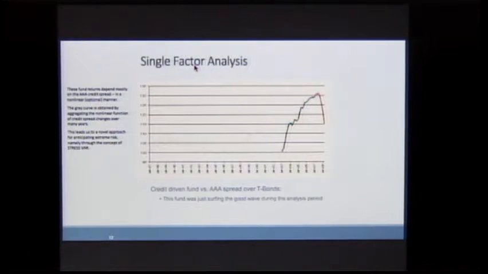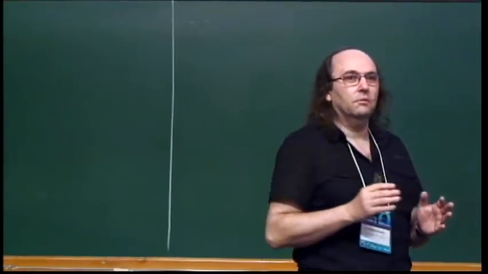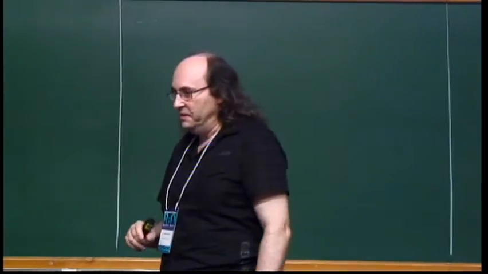Well, I can tell you how I generated it. It's an artificial fund, which is very simple to do. You invest in a AAA corporate bond. You adjust the duration so that it stays at 10 years every month. And you sell a T-bond with the same duration. So you strip out the direct interest rate risk and you stay with the AAA spread risk.